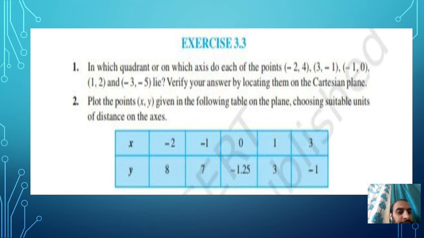So my dear student, as I told you yesterday, the first value represents the x-axis and the second value represents the y-axis, and these two axes divide a plane into 4 parts. These are known as quadrants. These quadrants contain different values. Like the first quadrant contains both values positive.